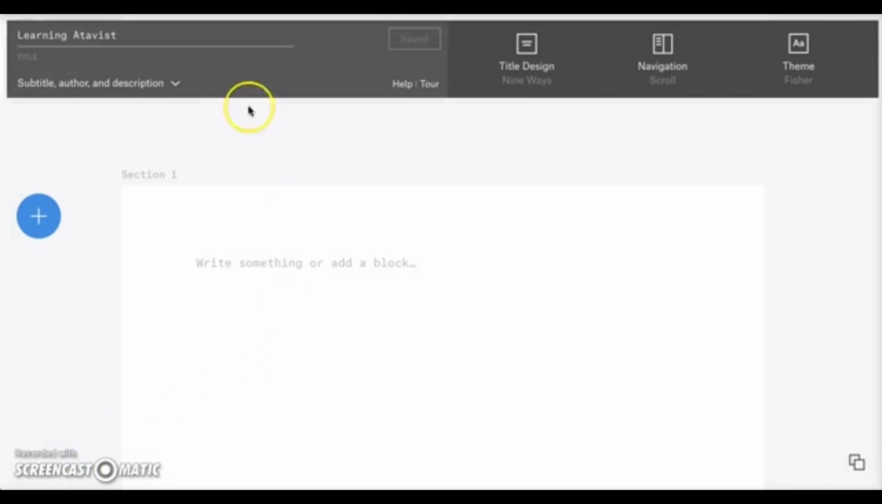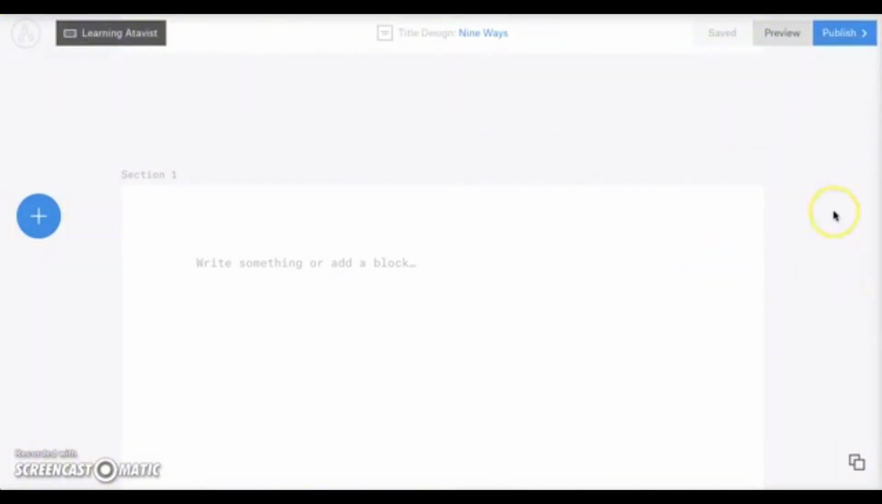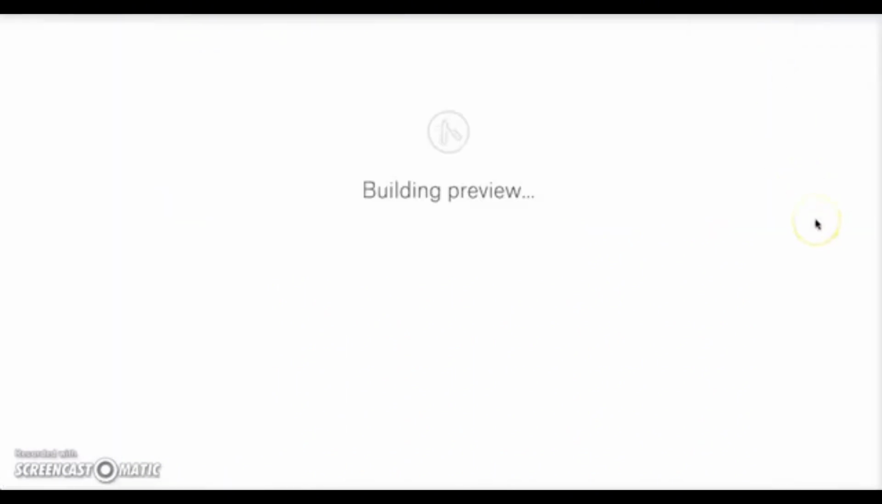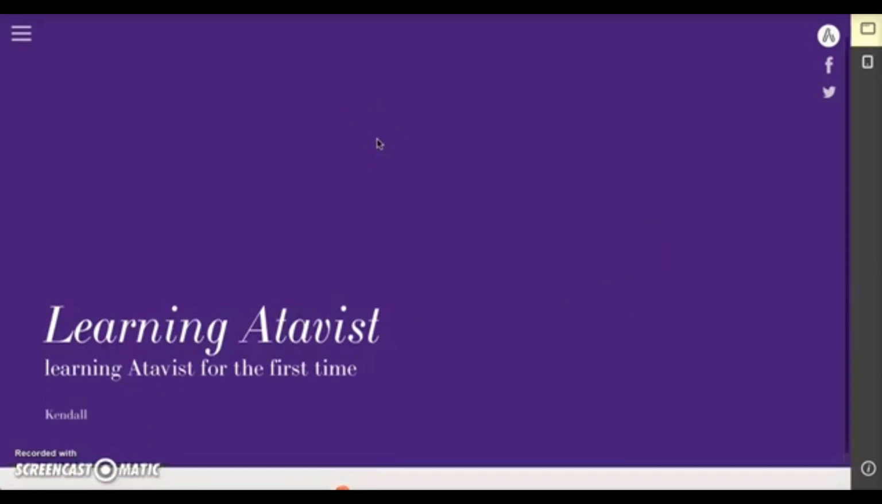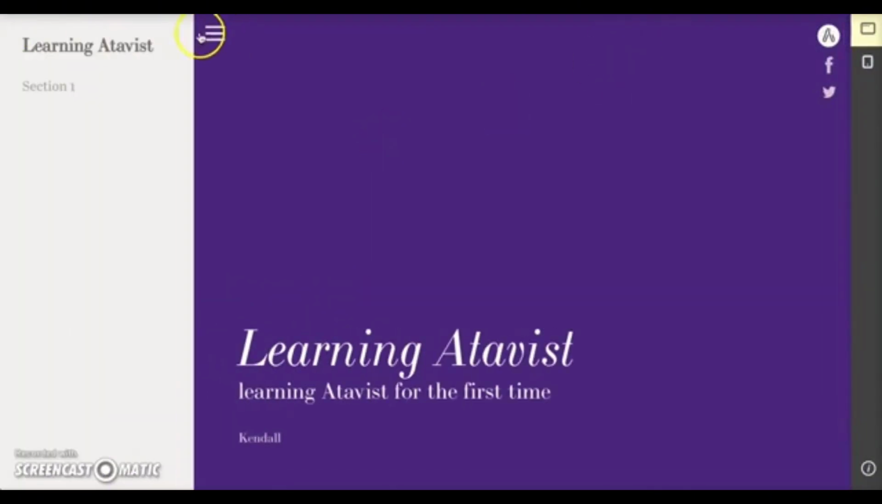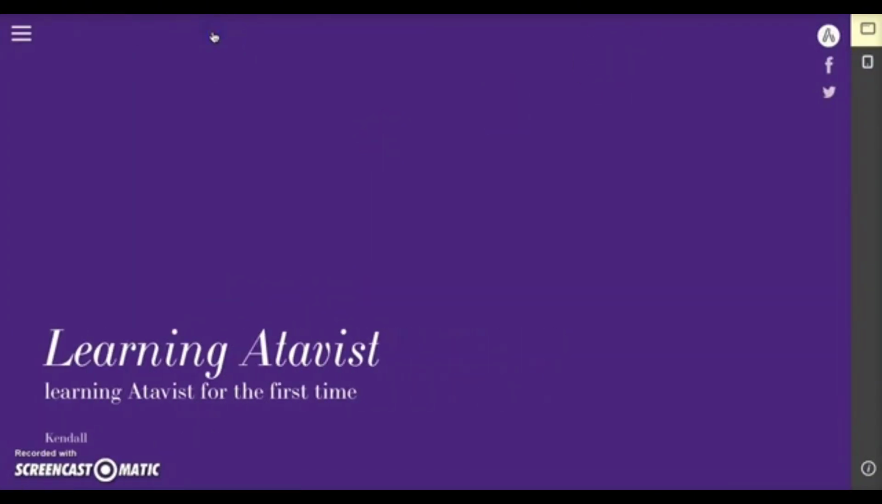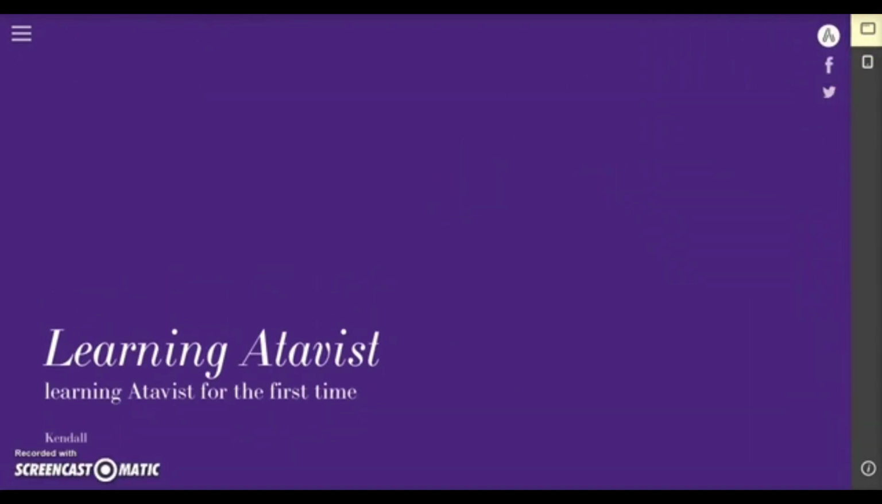It can either be a left drawer, which means this little menu icon is going to pop up, and then it's going to slide out, or it can be a top navigation. This gives you a whole tab with social icons for sharing. This pops out to Atavist, and then it pops down from the top. So those are two options. I'm going to go with a left drawer and a scroll, and then once again make sure